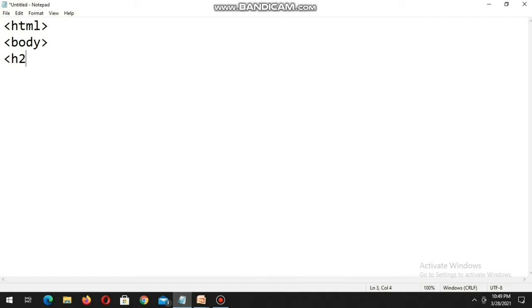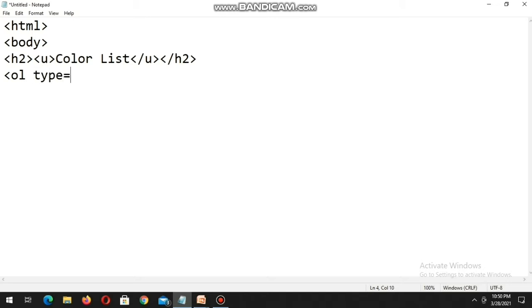I choose H2 here. This is the color list. I use it as a heading and I use the U tag for underline. Now our main list, as it is an ordered list, is indicated by OL. OL means ordered list.